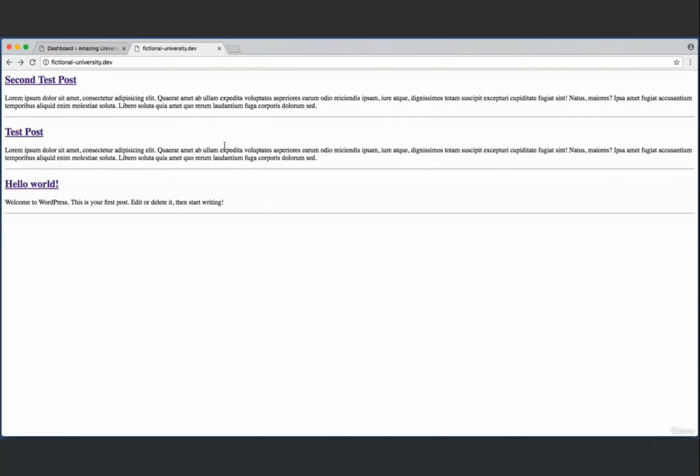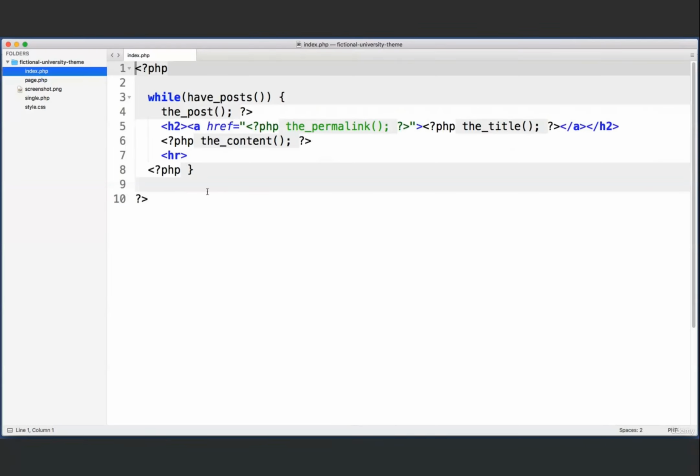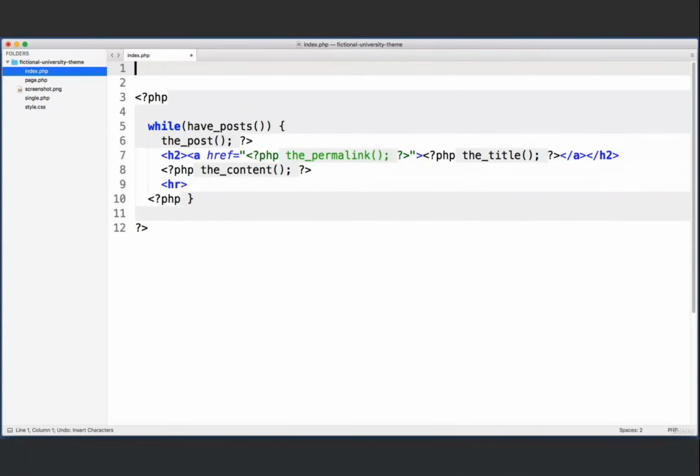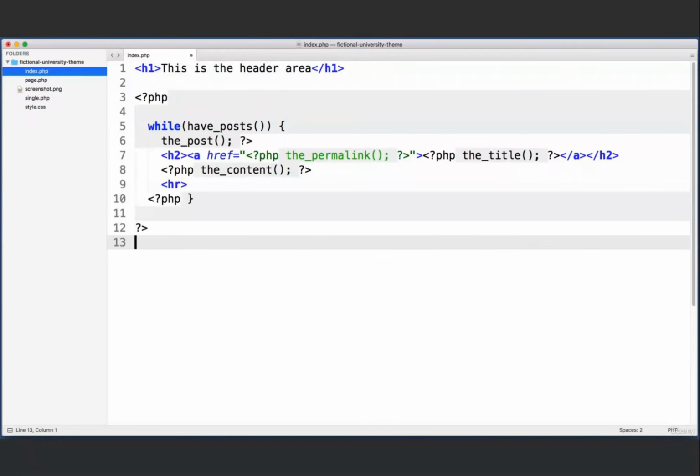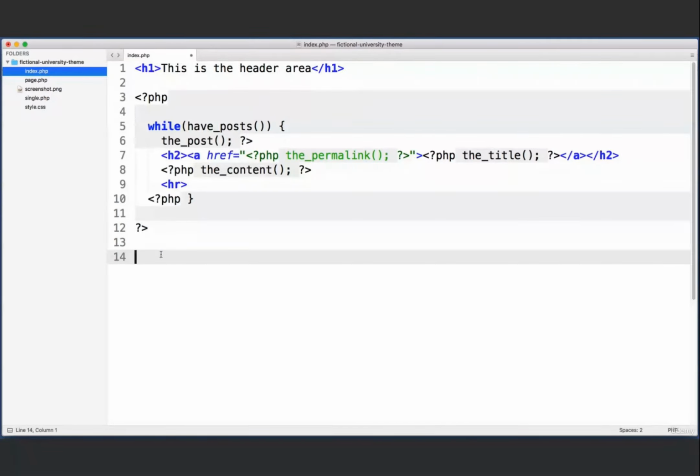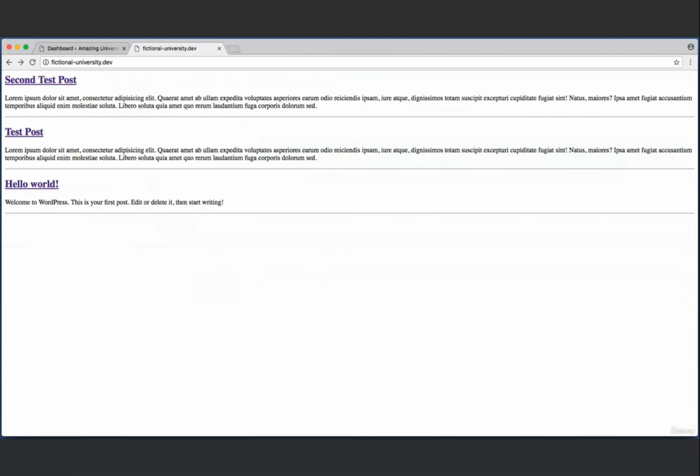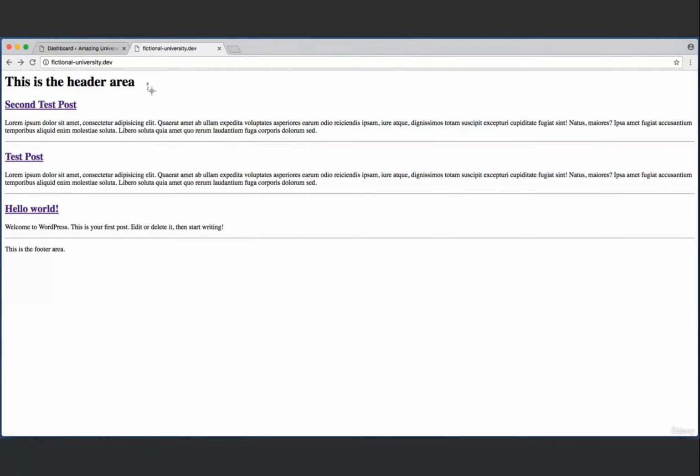So if you want to add content at the very top and bottom of your pages, your first instinct might be to go into your index.php file in your theme folder and just add something up at the very top. So even before the opening PHP tag, you can include an HTML headline that says, "This is the header area." And for the footer, down at the very bottom, after the closing PHP tag, we could say, HTML paragraph, "This is the footer area." And if I save this and refresh the home page, cool, we have a header and